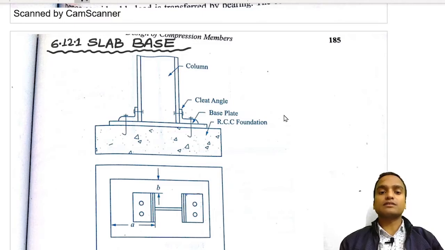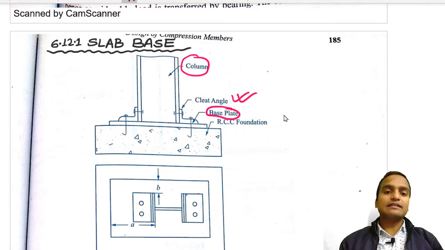And RCC foundation is constructed with the usual method as you have learned. Above this RCC foundation we use a base plate, and this base plate has some thickness, and it is of course of steel grade Fe415, and it is being connected with this column, this base plate, with the help of some cleat angles, and these cleat angles are connected with this column through bolted connection shown here, and there are some J bolts also being used here, and the J bolts connect the cleat angle to the base plate, and this J bolt is also casted beneath this RCC foundation.